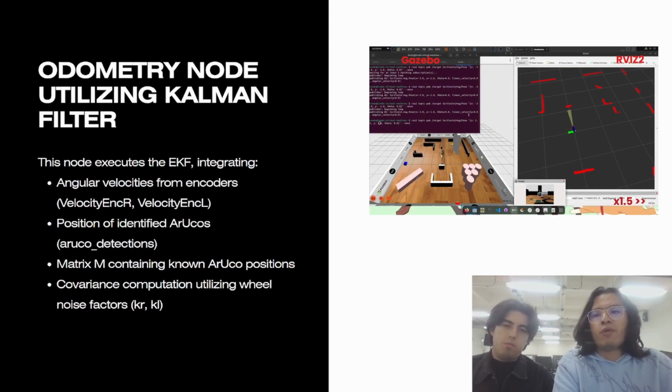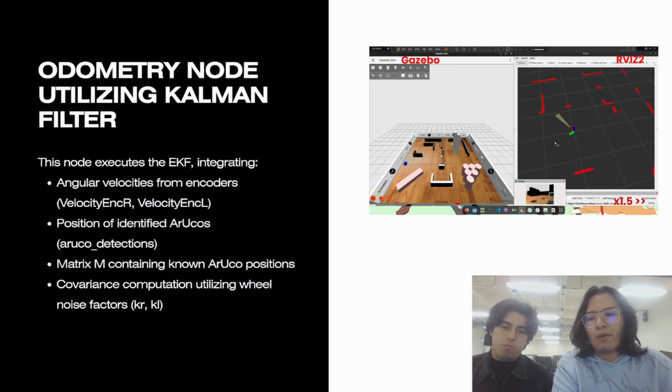The odometry node that we're utilizing, first of all, takes information from the encoders. It takes the position of the ArUcos using the camera simulated in the environment, and an M matrix that contains all the information from the ArUco positions and the covariance. This is to go on with the corrections that will get us a better estimate of our position compared to the